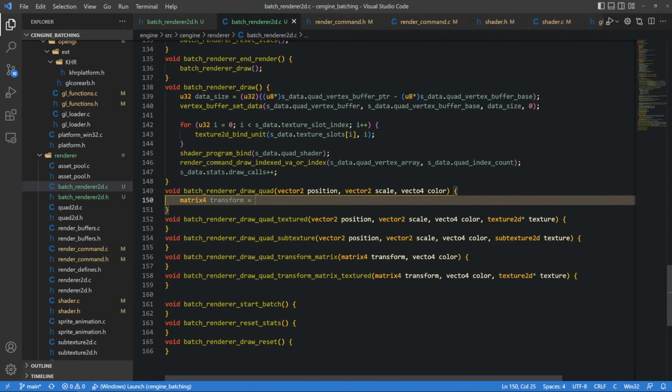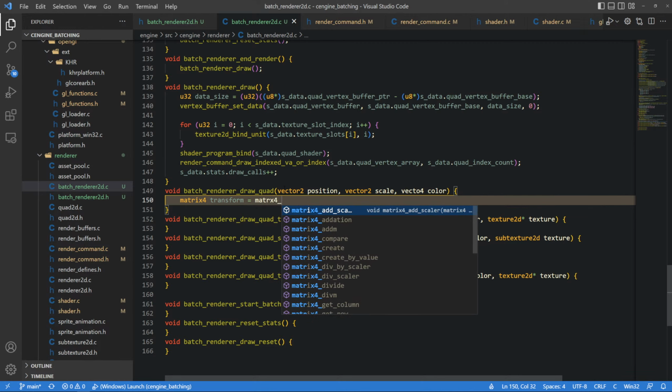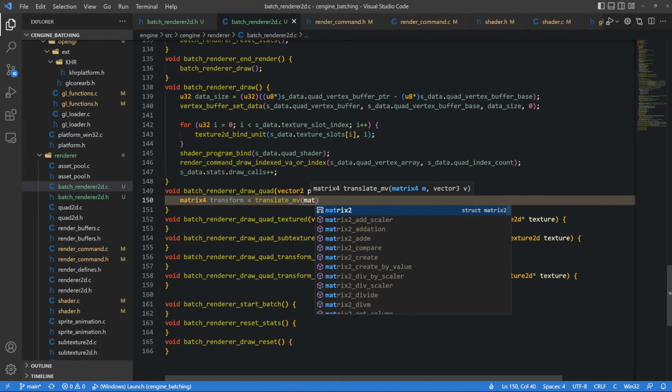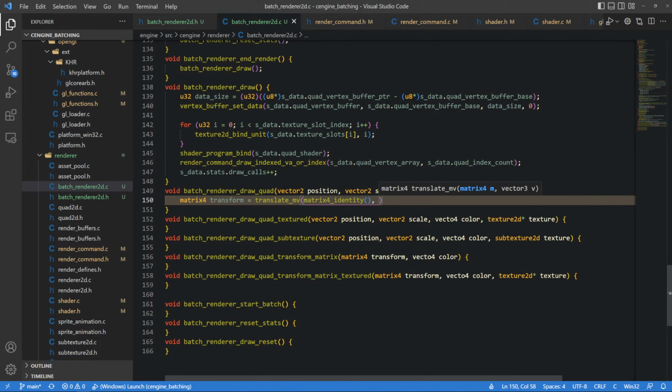So transform is equal to matrix4, no, it's transform MV matrix4 identity and position, and we multiply that by